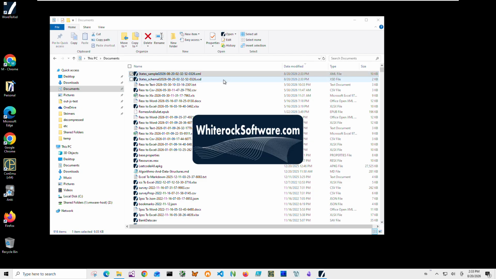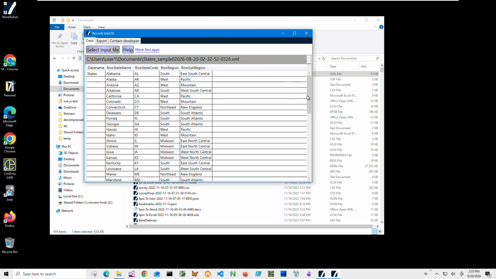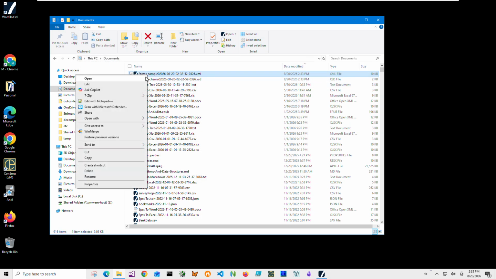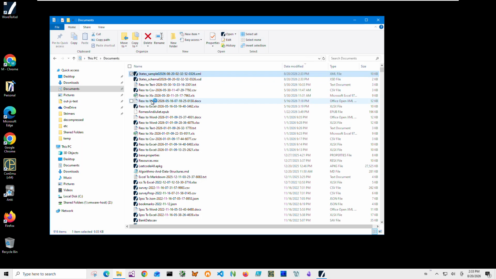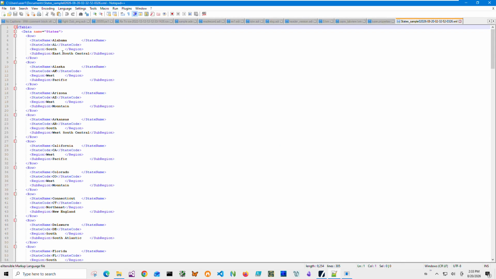I can open this file with XML Viewer. It's a free app. It shows what is inside of the XML and presents it as a table. You can see the XML is exactly my data. And also I can export this XML into a different format, but that's not the point. Let's open it with Notepad++ for example, and you can see that this is